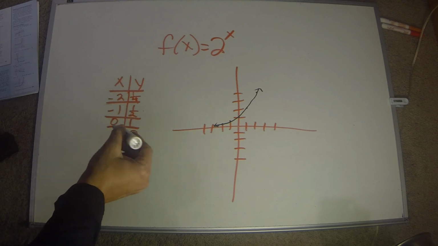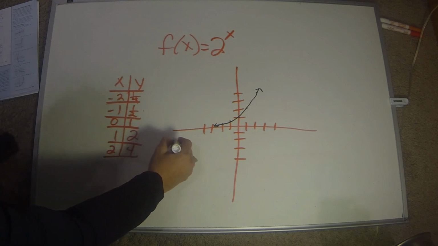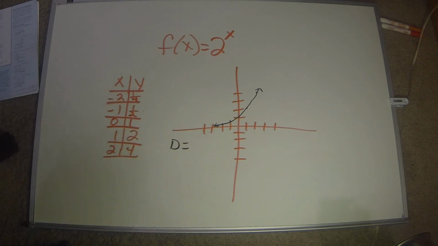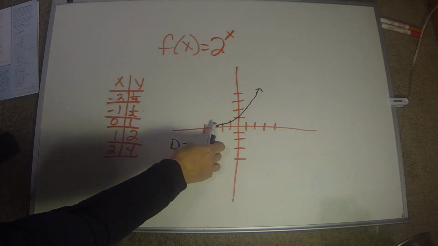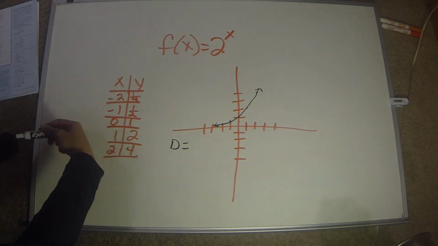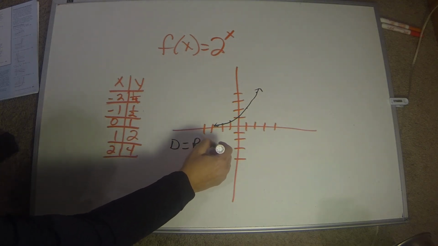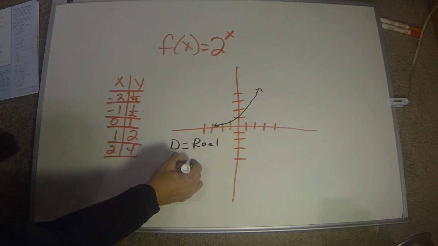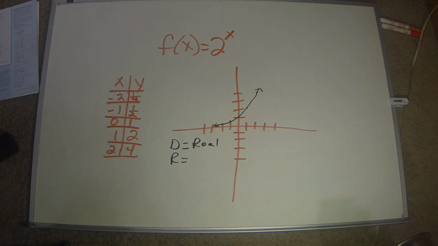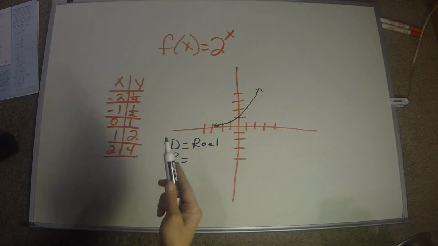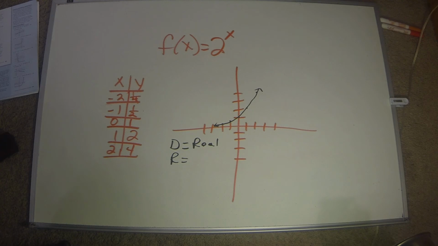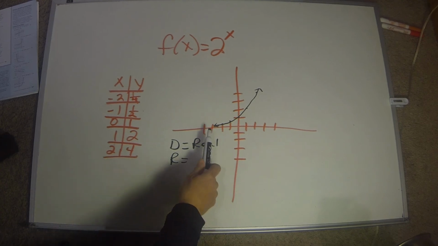Now here, if we're looking at the domain and range of here, the domain being the x value, the x is going to keep going from -infinity to +infinity. So the domain is all real numbers. The range, and again, we'll go over it more on Wednesday, but here when you have x in the exponent, it will never cross